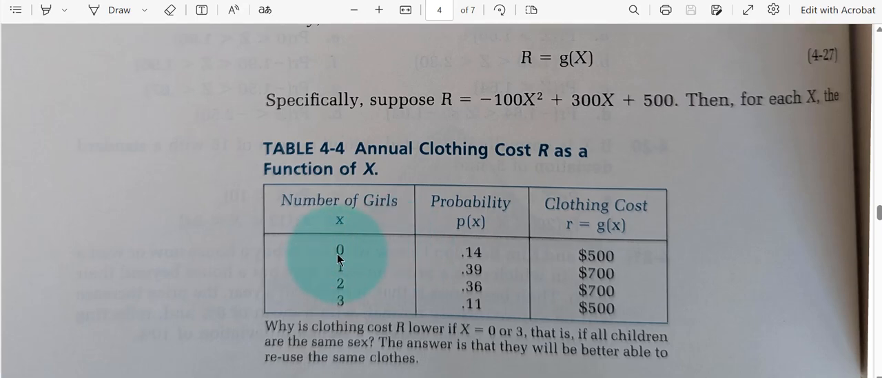So let's think about it. If there's 0 girls, then we just figured out that the cost was 500. We didn't do this one, but they did it for us. It was 700 for 1 girl, 700 for 2 girls, and 500 for 3 girls. So I guess the cost of clothing goes up if you have